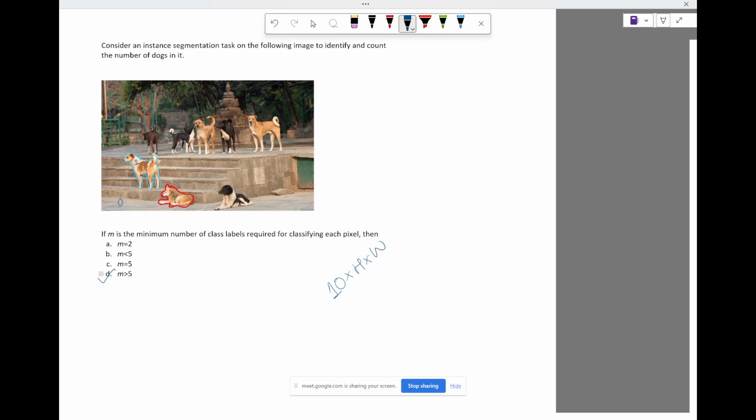Any doubts in this? So dog with the same color, will it be treated as one class or different class? For example, if there are three black dogs, right? Ideally, if you want to count the number of dogs, then you will want each of them to have different labels, right? Yeah, for counting that is fine, but